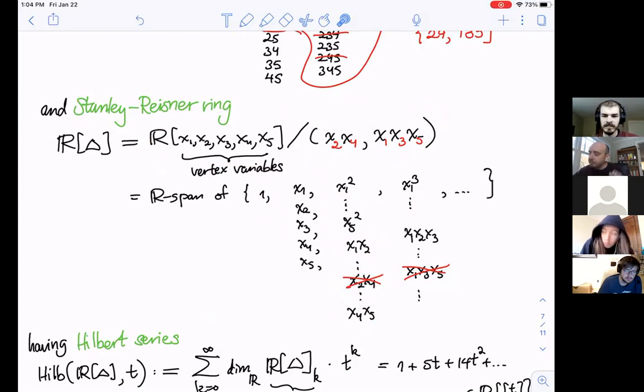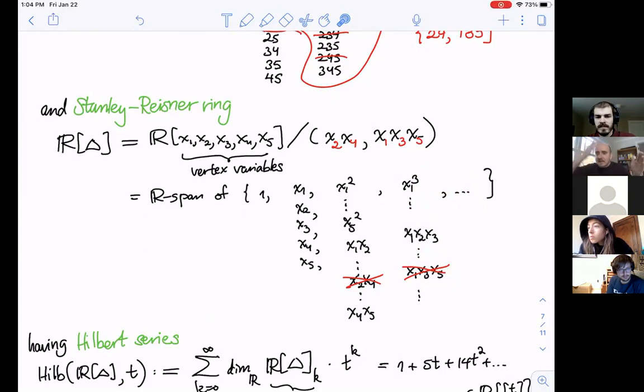Okay. And when I look at the cubic things, x1 cubed is fine, supported on the vertex. x1 x2 x3 is fine. It's supported on the triangle 1, 2, 3, which is on the boundary. But x1 x3 x5 is 0 in this quotient. Okay, and so on. I didn't do fourth degree or fifth degree, but you could write